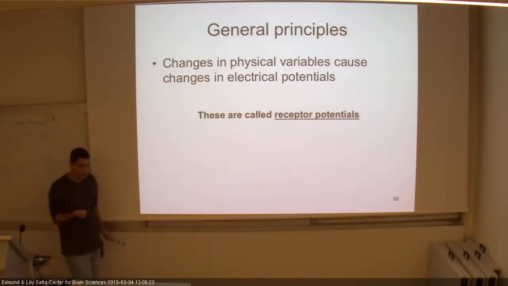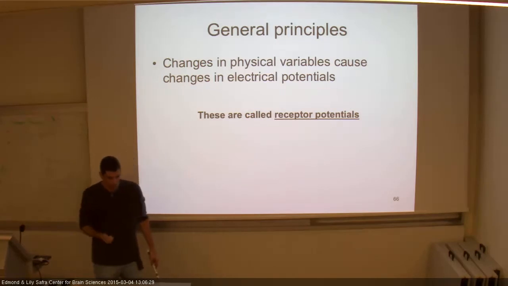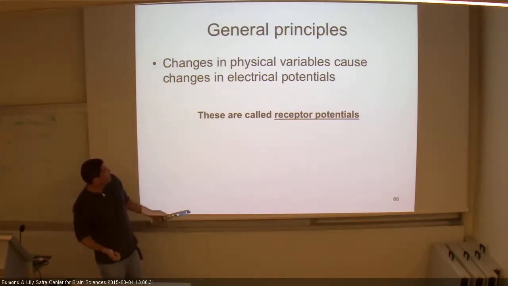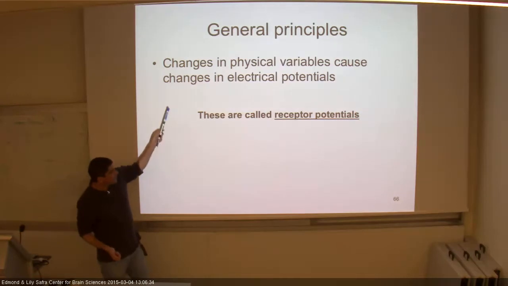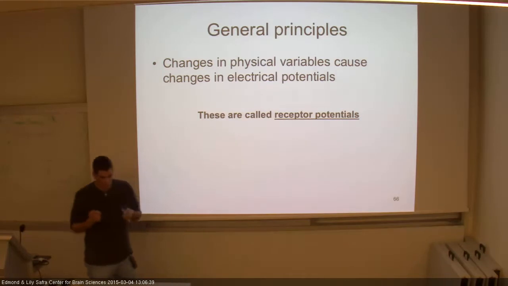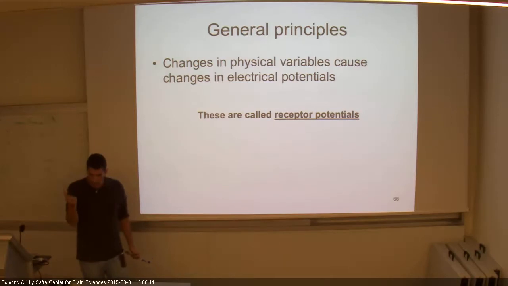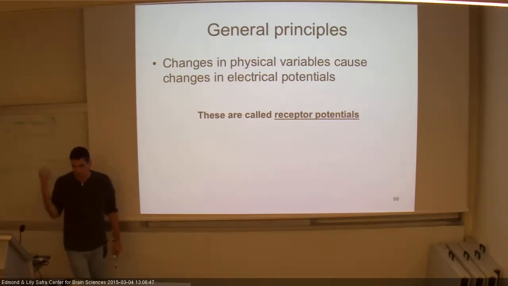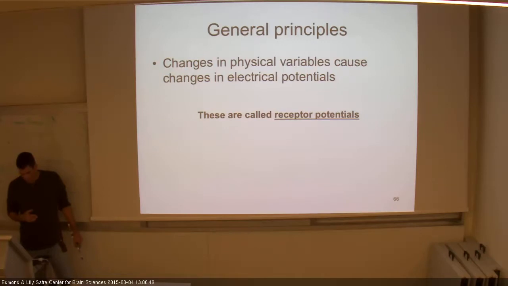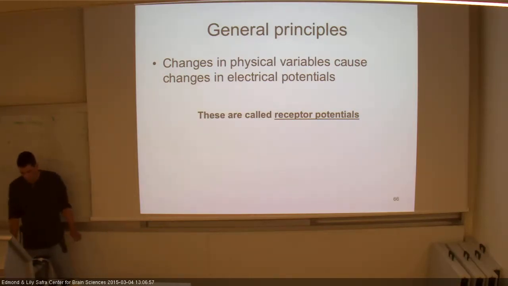The first thing you have to realize is the first transformation is from the physical variable to electricity. The language of the brain is electricity. Therefore, the physical variables change, and they come into play as electrical potentials, and these are called receptor potentials. So the first thing is a transformation of the physical energy of the different energies into an electrical one, which is the language of the brain. Okay, so that's the first transformation. We call this sensory transduction,